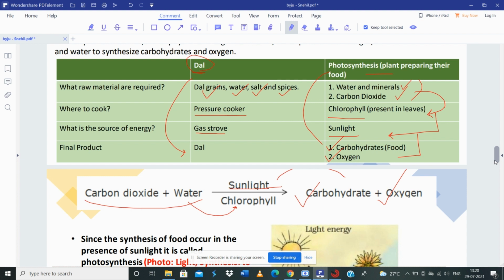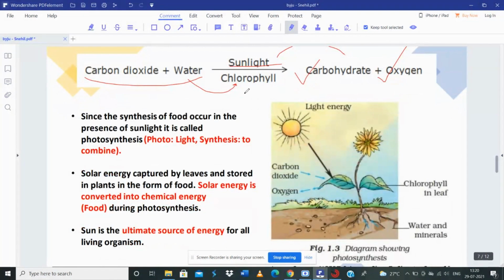But have you ever wondered why we call this process photosynthesis? Actually, the answer is hidden in its name itself. Pause the video and think for a moment. Yes, exactly. We call it photosynthesis because photo means light and synthesis means to combine. So our raw materials combine in the presence of light to form our products, right? Because of this reason, we call this process